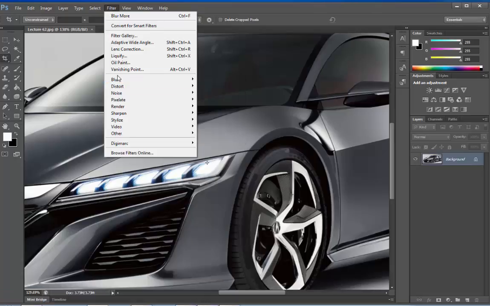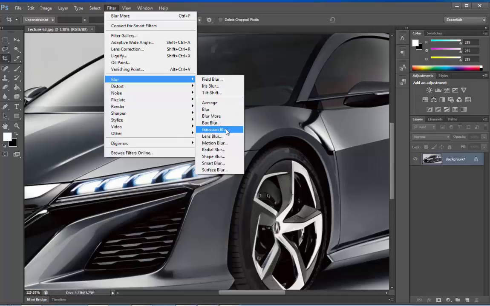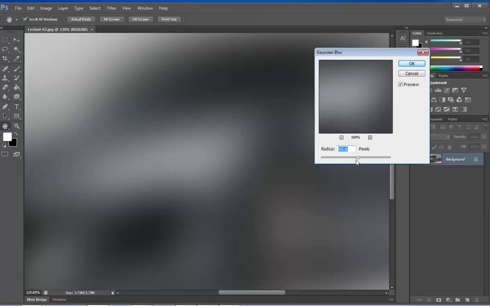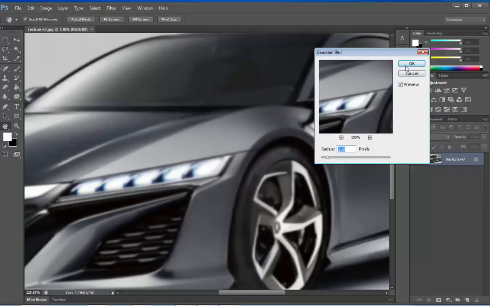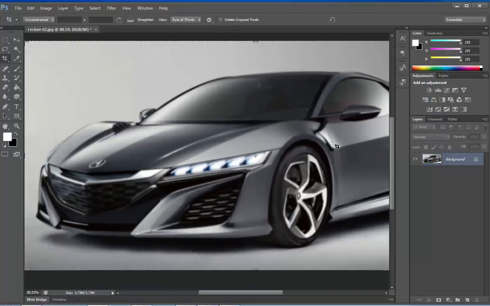Now some of these options have some settings and sliders to give us some control. Let's select this Gaussian blur. This has got this slider to adjust the blur, like so. The Gaussian blur is probably one of the cleanest and strongest blurs inside of Photoshop. Click OK and we have got this blur on our image.